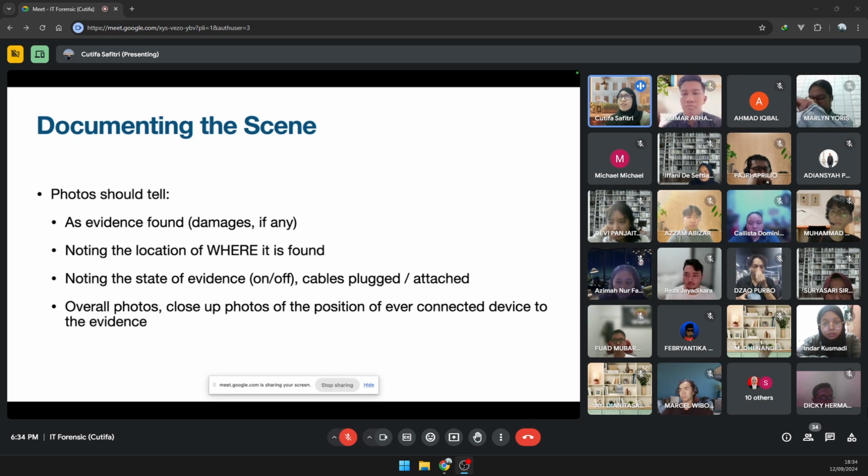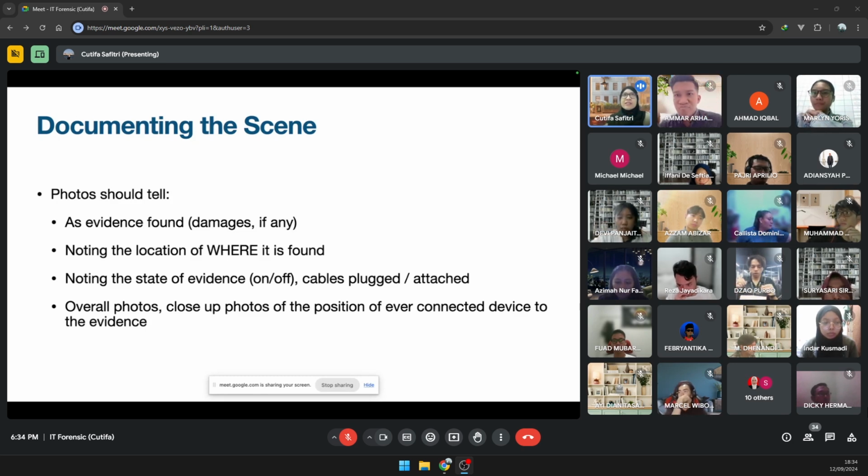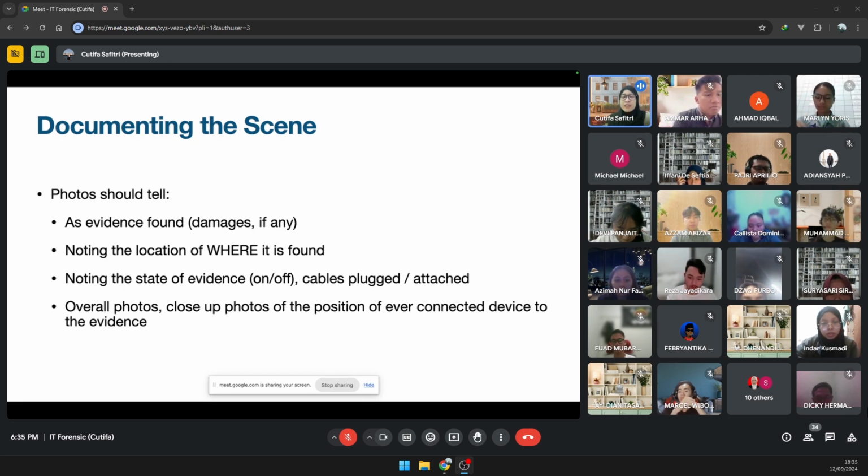Make sure that you have enough evidence and then take it off from the internet, because you do not want the bad guy to be able to remotely do something, for example sending or deleting data. We did not know what they might be doing. The same can happen if you found a smartwatch, because it can also be accessed from outside. So overall, take a close up picture of the position and the connected devices prior to taking it off the internet.